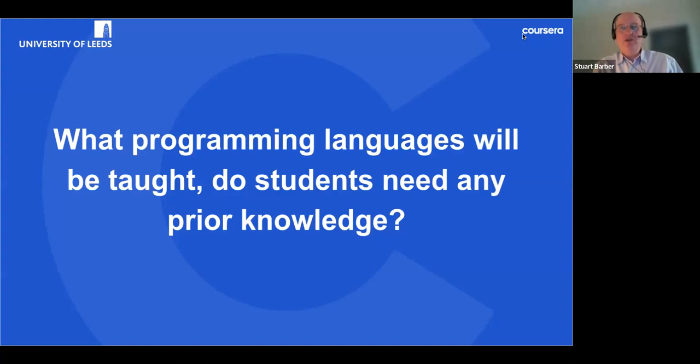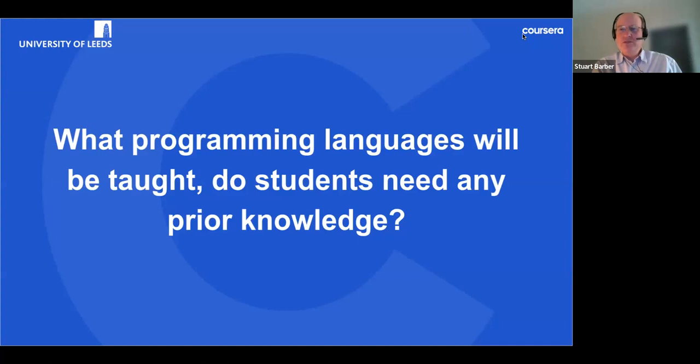But we'll also be using the statistical language R quite a lot. And that, rather than having a module dedicated solely to R, we'll be introducing that across the other two modules in the introductory carousel. Of course, programming is programming. A lot of the lessons learned in the Programming with Data Science module in Python will transfer over to working with R. But both languages are used very widely in data science. Both have their strengths and weaknesses, and we think it's quite important that people get the experience of both.